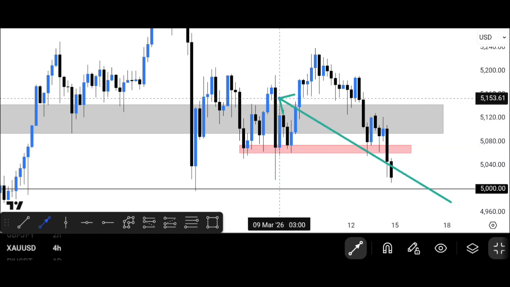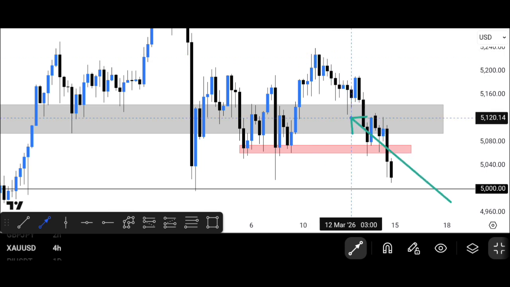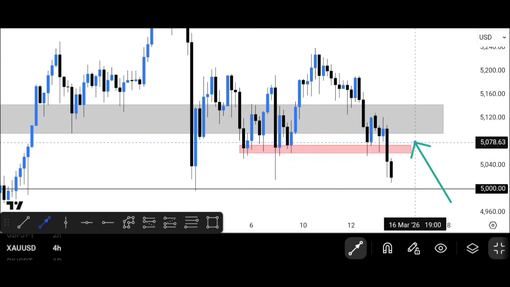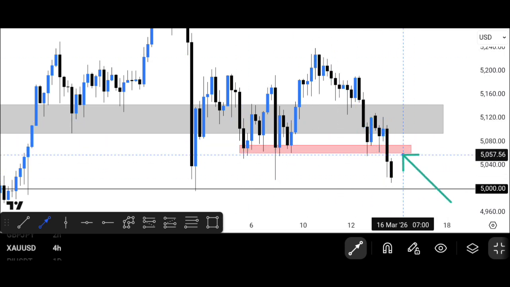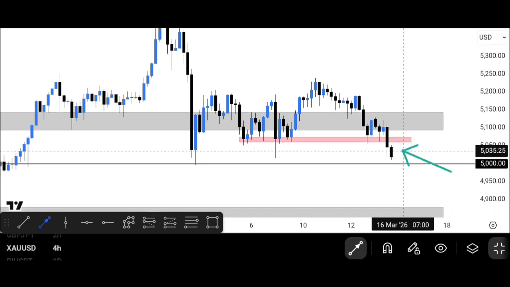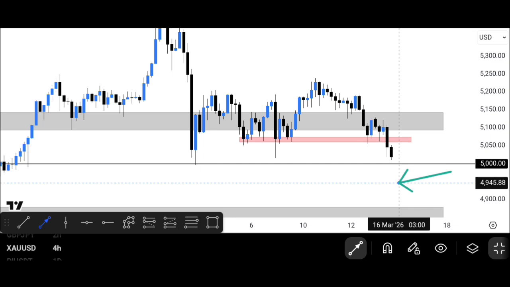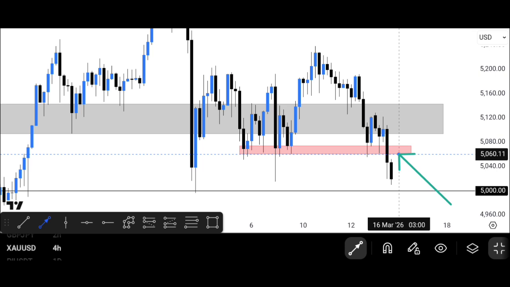So higher low, higher high. Then we did all this down. Higher low, push all the way to a higher high. So now at this zone, potentially we might see price push all the way up to the zone, that is if on Monday we open and we don't just drop. You get? If we want to make a retracement, potentially we should see price go all the way up to the zone.